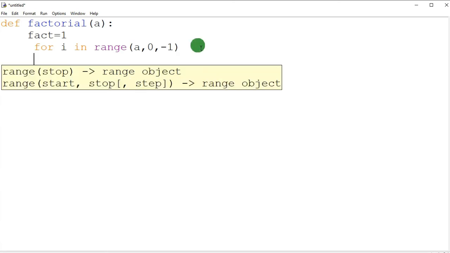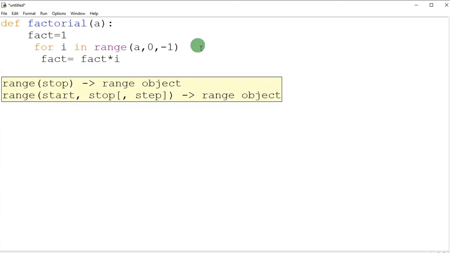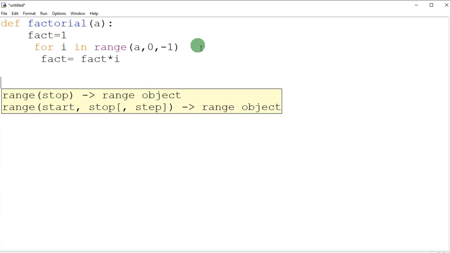Now we will calculate factorial. So fact equals fact into i. How is it going to be calculated? Suppose initially I am applying the formula here: fact equals fact into i, and here the value of fact is 1 and the value of i is, let's say 5.